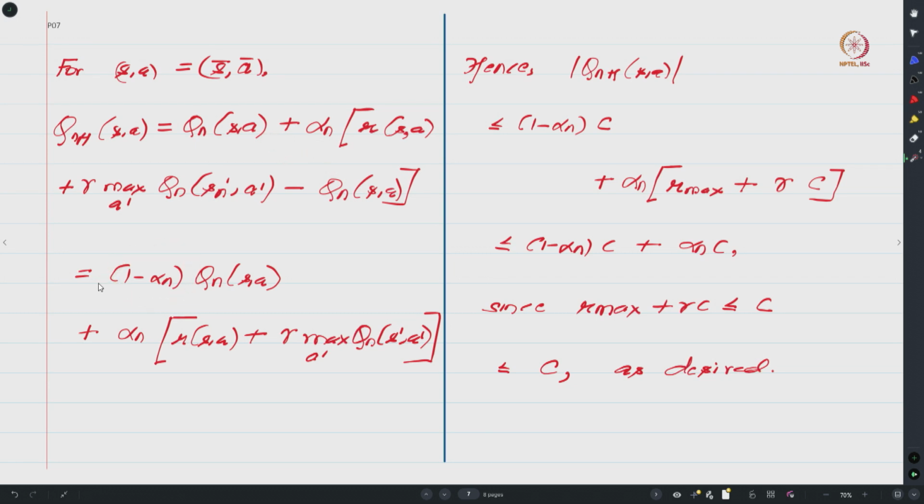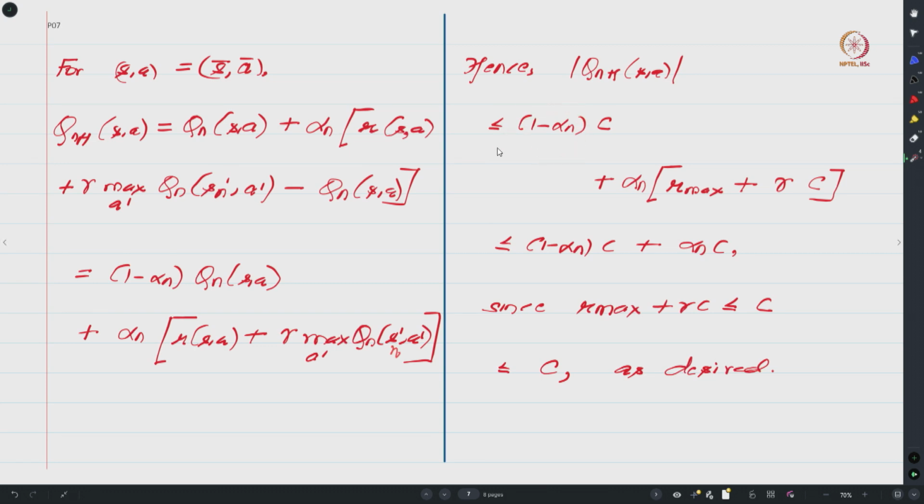So we would end up with 1 minus alpha n times QNSA plus alpha n times this square bracket, where you have RSA plus gamma times max over A prime QNS prime A prime. Okay, so I should write this as Sn prime. So let me just write this also as Sn prime, right. And now if you take absolute values on both sides, so this is the absolute value of what you have over here, right, and then here 1 minus alpha n, we will presume that your alpha n is less than 1,